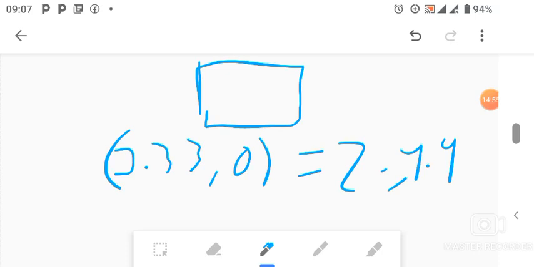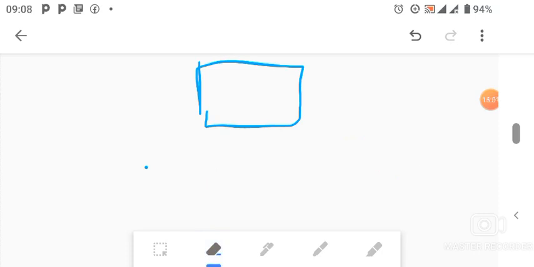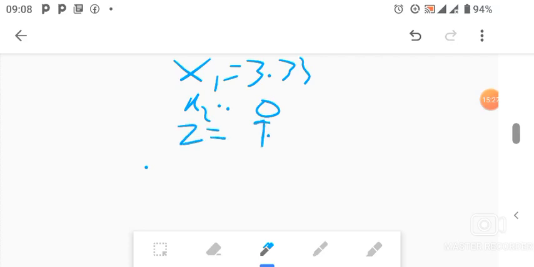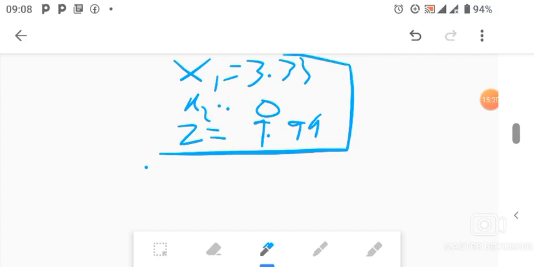So your branch and bound, as we said, begins from your optimal solution according to the graphical method. So you would have a box drawn. In your box, you can put your x1 value, which was 3.33. So let me write these values in advance. x1, 3.33. You have your next value, x2, which was 0. Remember, this is as per the optimal solution of the graphical method. So from this, your branch and bound method can start.